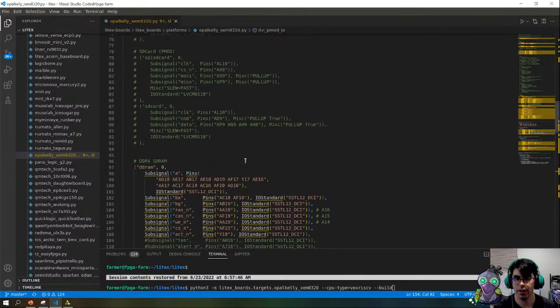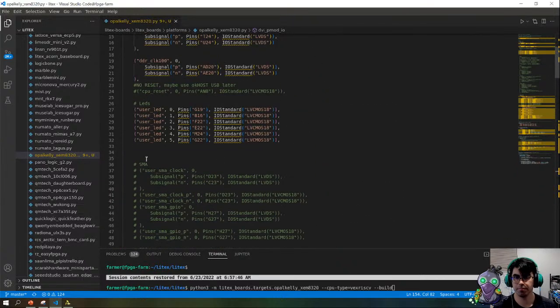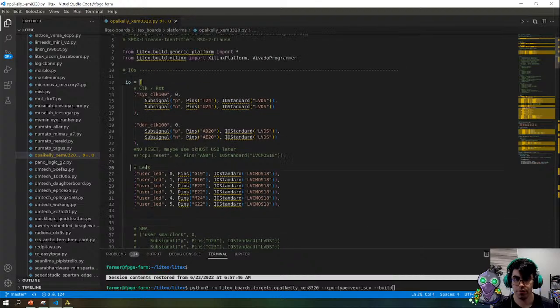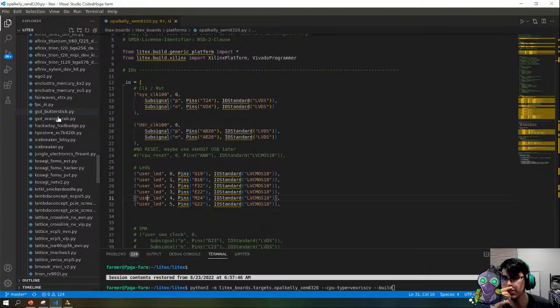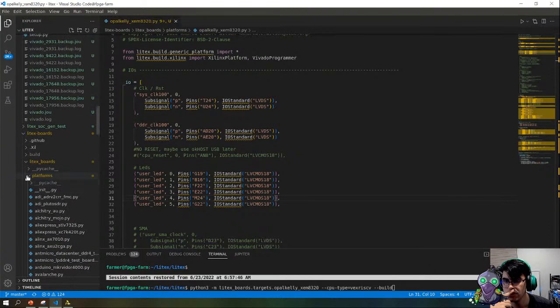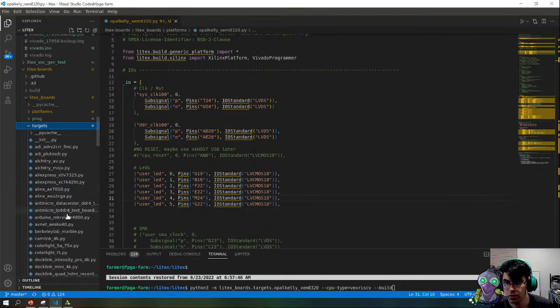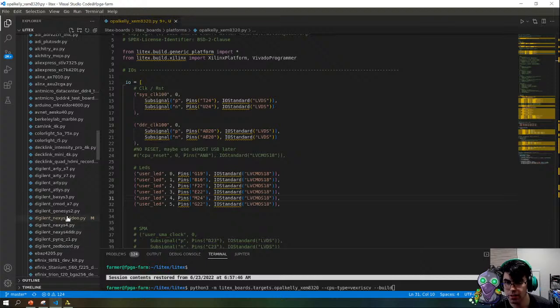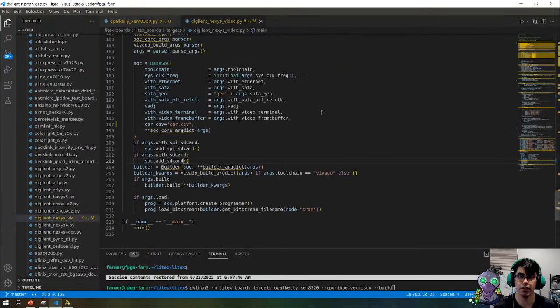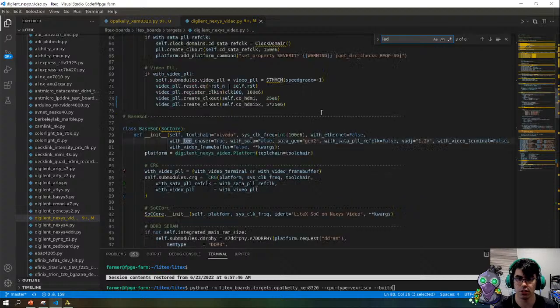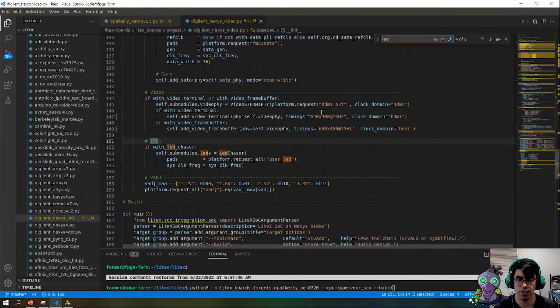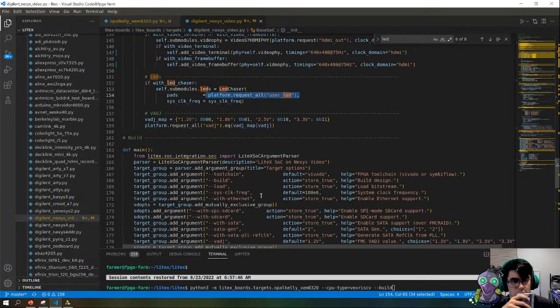So we're going to add a new interface here. We have LEDs. Let's go find an LED chaser example real quick. So we're going to go targets. We're going to grab Nexus video. I know this has LED, so let's go look at the LED chaser. LED chaser, request all LED chaser. So I think I need to